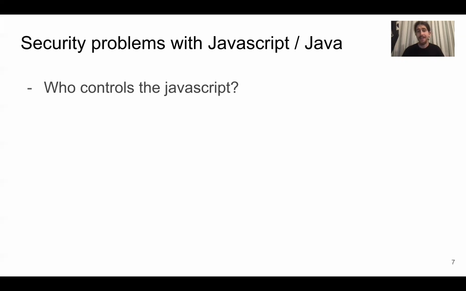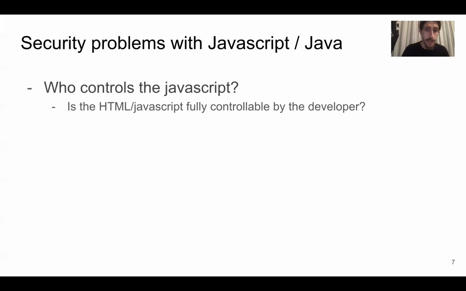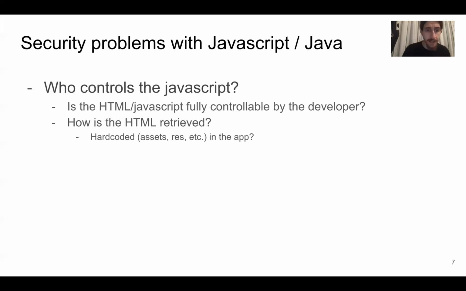However, with JavaScript, there are more scenarios where this attacker interception can actually happen. So one thing you should always ask is, there is JavaScript, okay, but who controls it? Is this JavaScript or HTML page fully controlled by the developer? For example, how is it retrieved? Is it something hard-coded in the app? If it's hard-coded in the app, then the attacker cannot really modify it. If it's literally a file, then the application is going to read the file, execute the file, and that's about it. But there are other circumstances where this HTML or JavaScript is actually downloaded